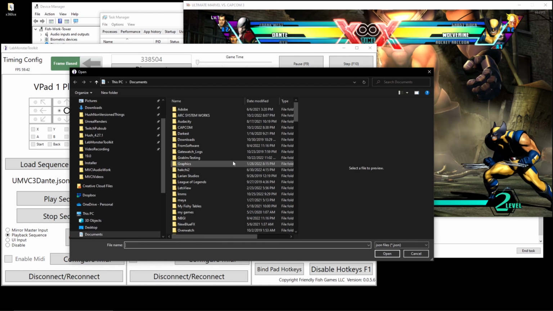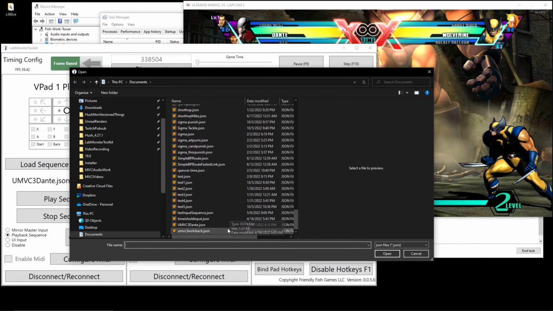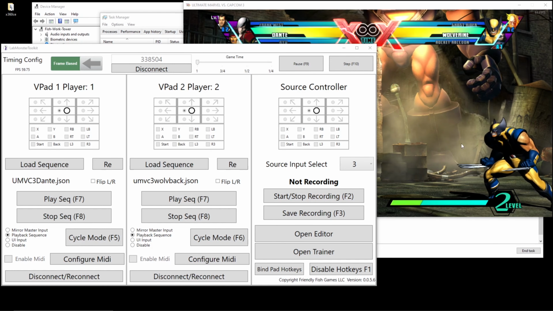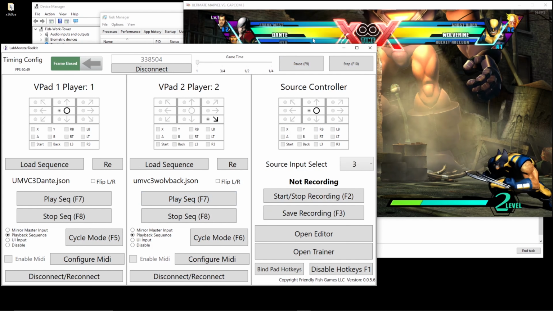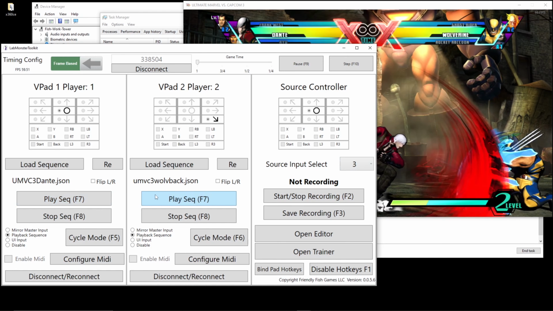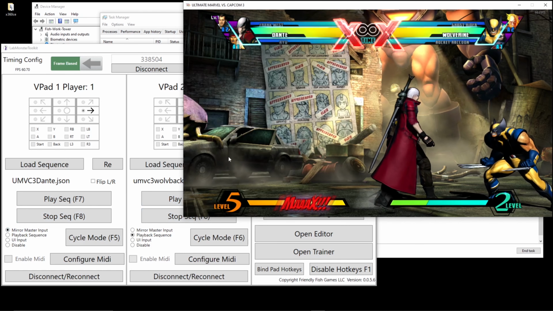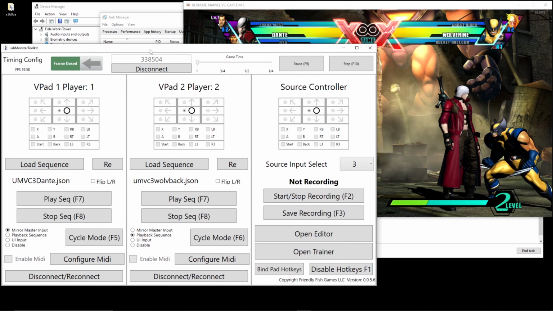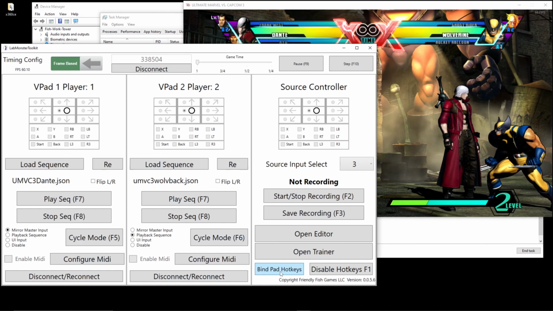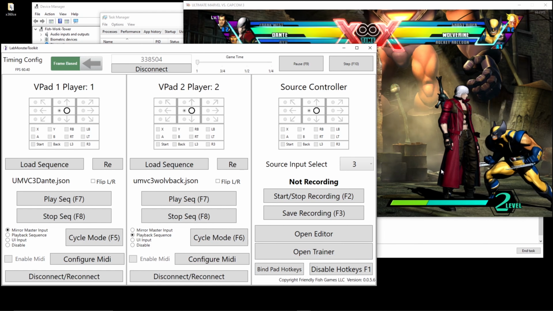So let's load the sequence in for Wolverine. And then what I'm going to do, so if I just hit play sequence on these, it will play each sequence when I press play sequence, which is not exactly what we want. So we want to play both of these sequences simultaneously. There are situations where you could reasonably want to be labbing out or testing different punishes or different situations where one controller is doing one thing and another controller is doing another thing, and you want frame perfect parity